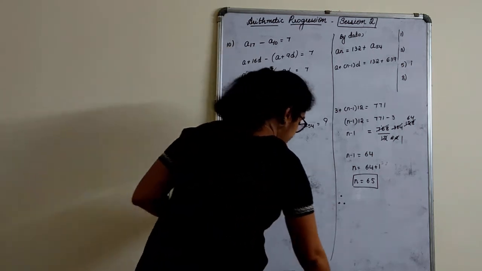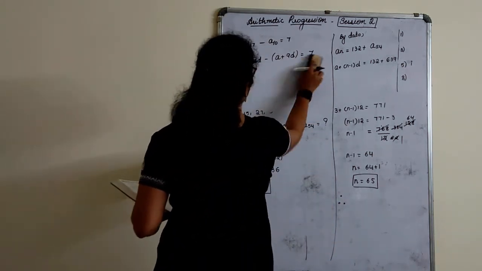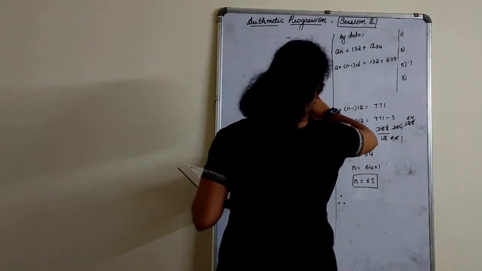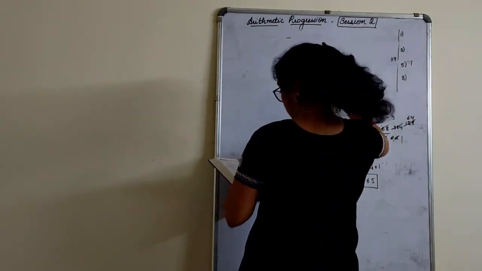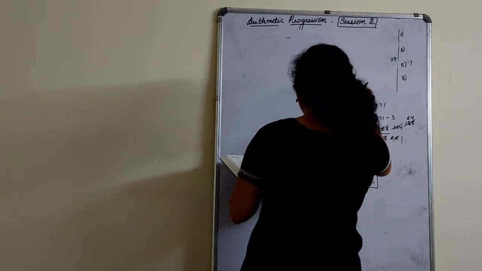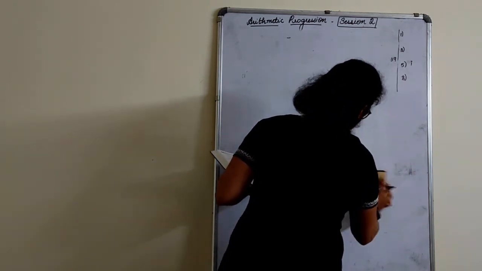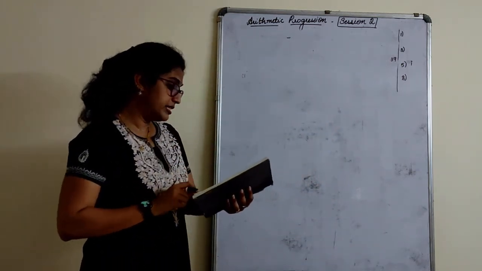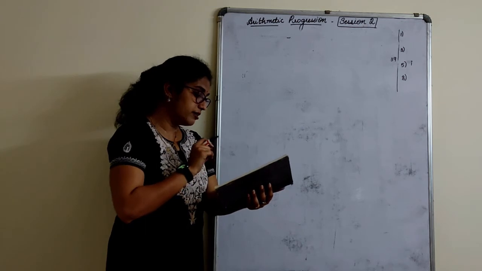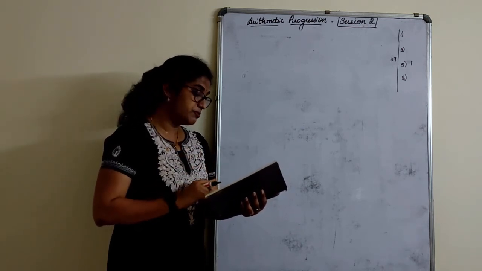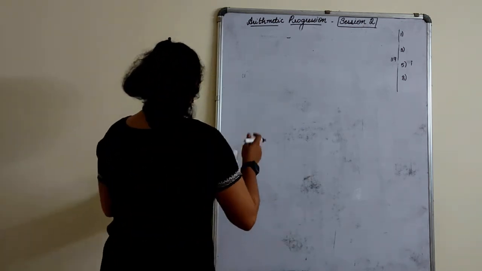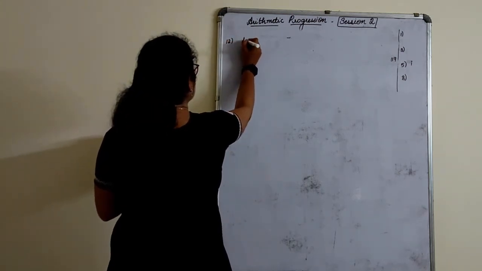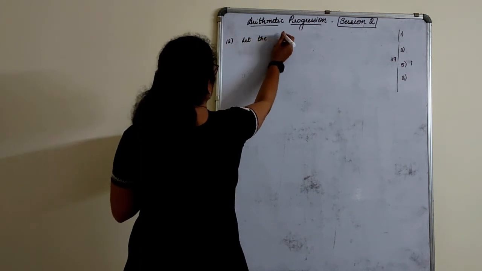12th one. Two APs have the same common difference. So there are two different APs with the same common difference. The difference between their 100th terms is 100. Find the difference between their 1000th terms. So we will assume which one? 12th one it is. Let the two